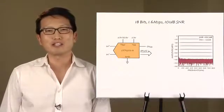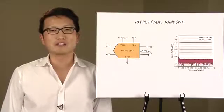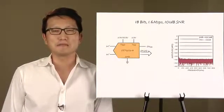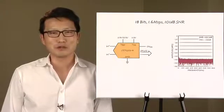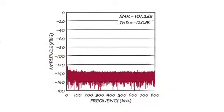Today, I'll talk about our highest performance successive approximation register analog to digital converter, the LTC2379-18. The SAR ADC, which I co-designed, digitizes analog inputs to 18-bit resolution at 1.6 million samples per second, with no cycle latency while maintaining an unprecedented 101 dB of signal-to-noise ratio. This combination of accuracy, speed, and low noise makes the 2379 ideal for many demanding industrial, instrumentation, and automated test